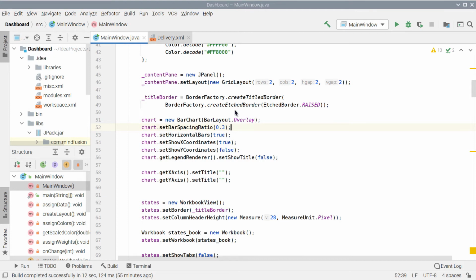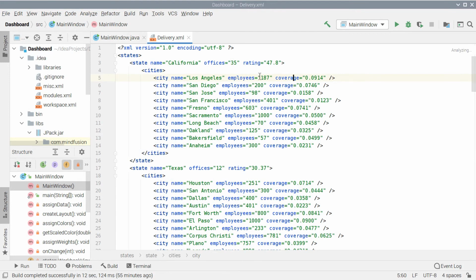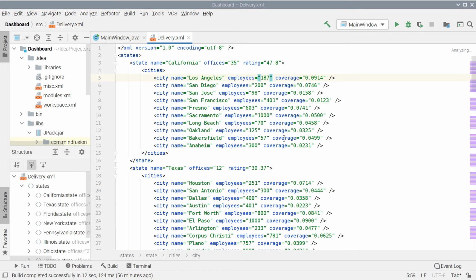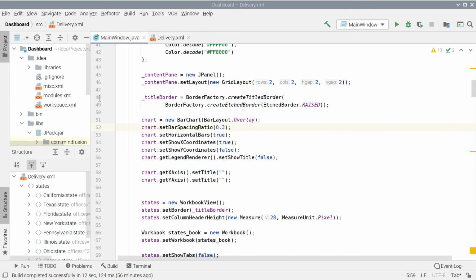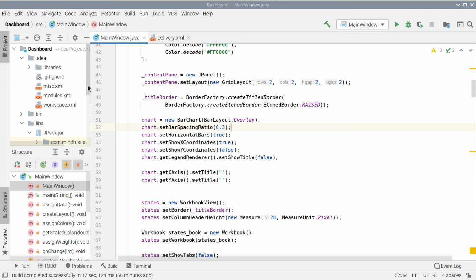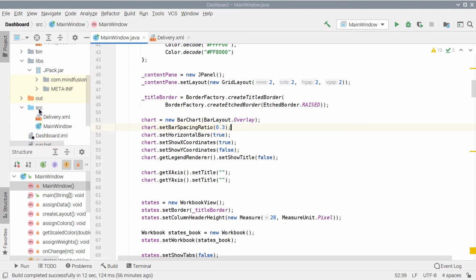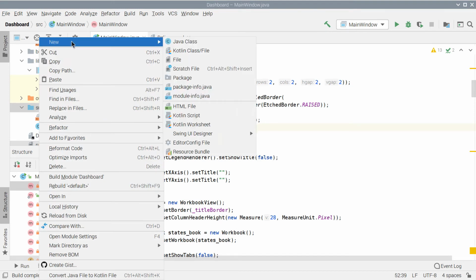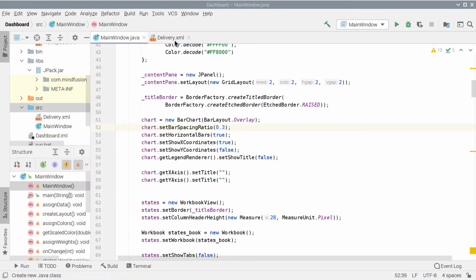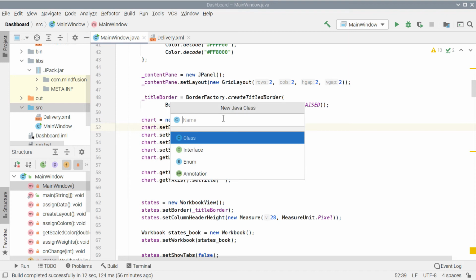Here is our XML data file. We will create a custom chart series that will provide us with the labels and data that we need. We can use some of the predefined series of the chart library, but we want to use our own class that does exactly what we want. So, we create a new class called YLabelSeries and make it implement the series interface.